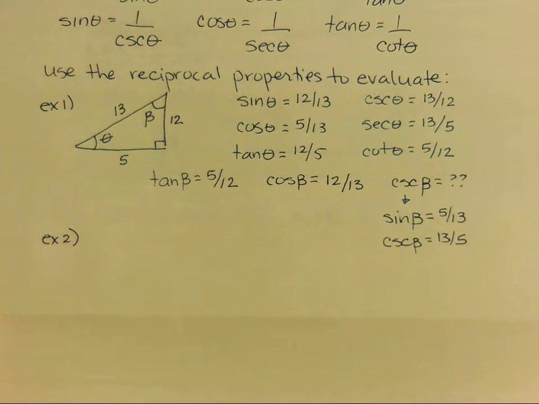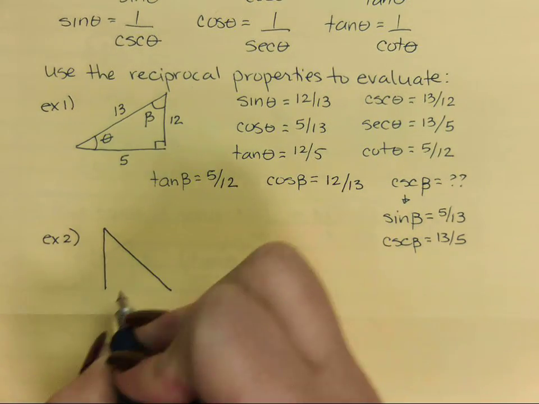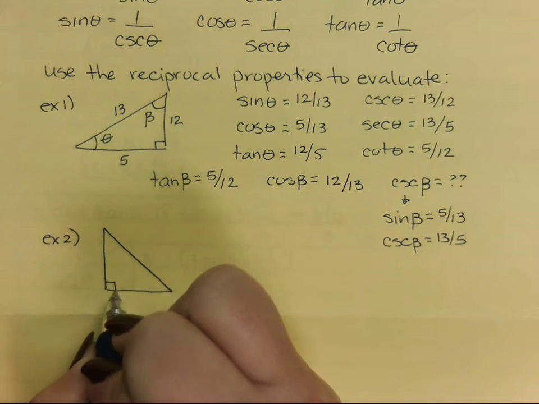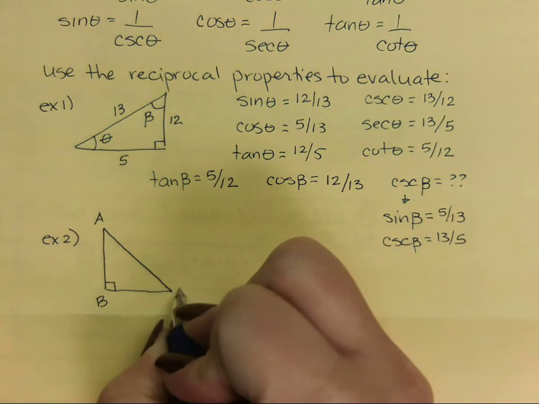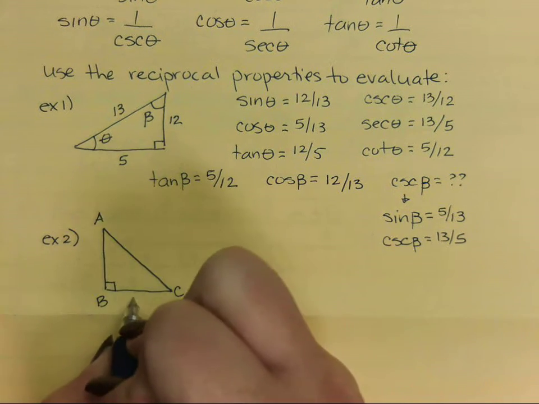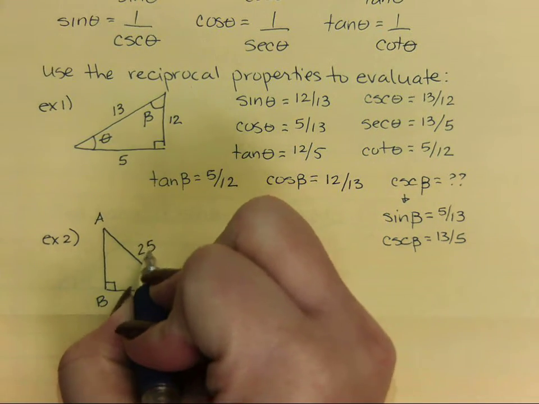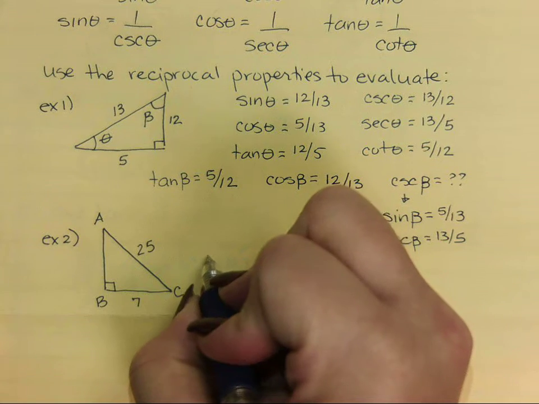All right, so I'm going to give you one more triangle for this. I'll just call them ABC. You don't have to use Greek letters, so don't get stuck. I'm going to toggle back and forth between Greek letters and the alphabet. And I'm going to give you the triangle, and I'm just going to tell you I want you to use